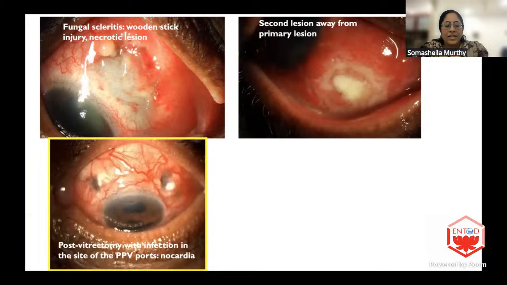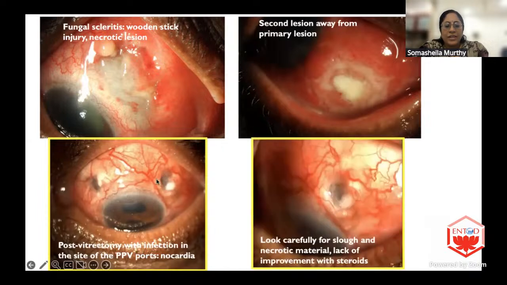But despite the obvious nature, it is sometimes hard to get the microorganism because these lesions are not heavily loaded with the infectious agent. In fact, here I think it was fungal, but we had to do 2 or 3 scrapings and testing to finally make the diagnosis. This is another patient who had undergone pars plana vitrectomy,